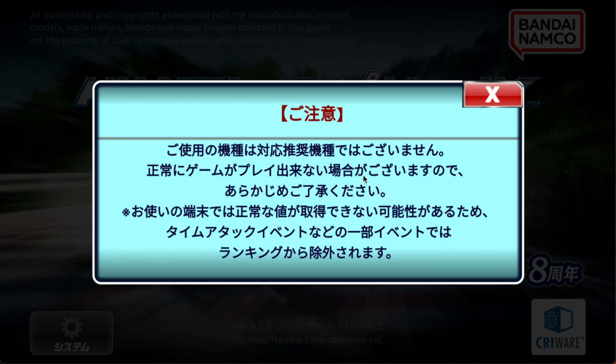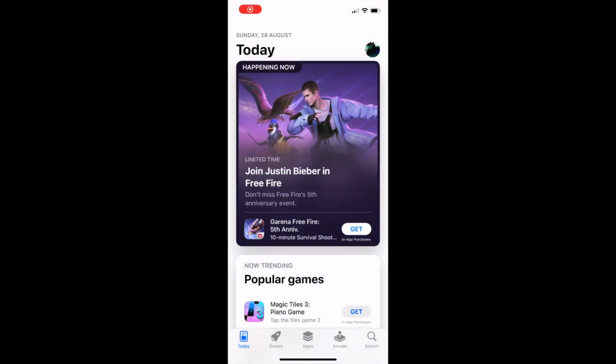So, now that I've shown you how to download the game on Android, I'm going to switch to my iOS device and show you how you do it on iOS devices. Alright, now I've switched to my iOS device. I'm going to show you how you can get the game using your